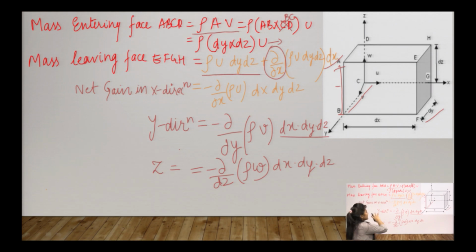This is the net gain from all three directions, x, y and z. As a whole, if we are adding all these, the net gain of mass from x direction, y direction and z direction, that will give you the total gain in the mass from all three directions. So we are going to add equations 1, 2, 3. After adding, what you are getting,